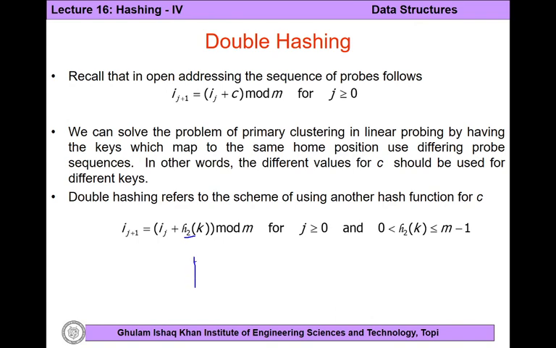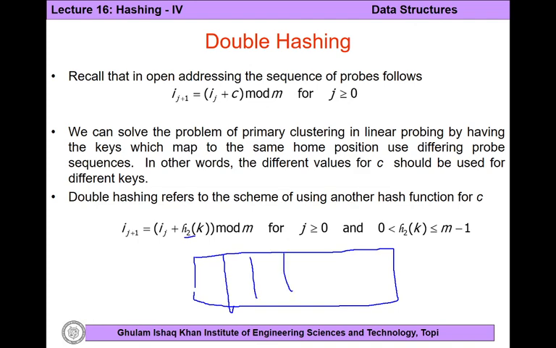And in open addressing, there is another issue which may come to your mind. For example, if all slots of the hash table are full, every slot is occupied, and then we insert a key into the hash table, where will it go? It will get lost, right? It won't be stored, rather. The program or software may display an error, memory full or something like that. But in case of open addressing, that key is not going to be stored, right?